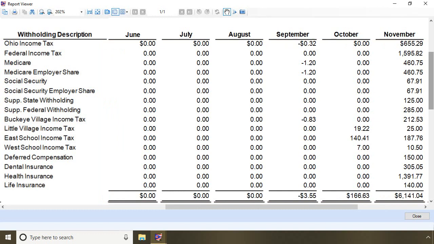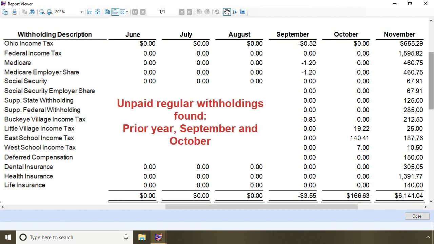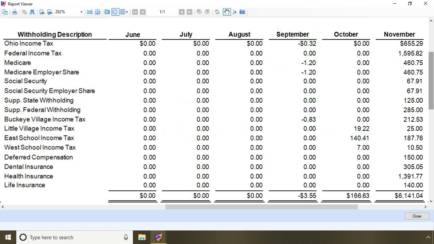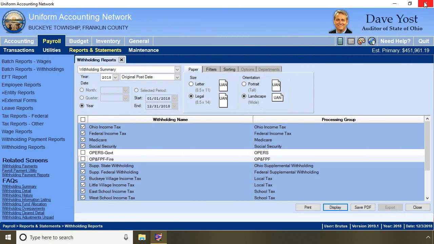So from a review of my regular withholdings, I know I have unpaid regular withholdings from a prior year and some problems in earlier months in the current year. We're going to continue our review of unpaid state retirement withholdings and then start researching our old unpaid issues one at a time. I'll close out of this report, and then to view our state retirement unpaid withholdings, I change